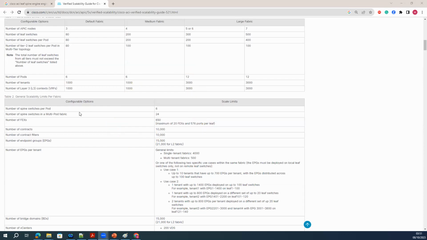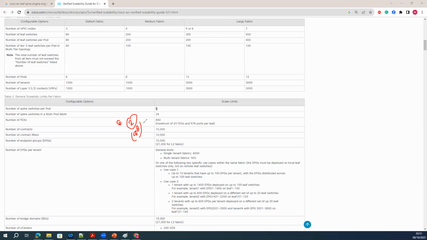But if you see the second scalability guide here, the number of spines per pod total is going to be 6. But out of 6 spines, 90% of customers deploy 2 spines max. I would say 98% of customers deploy that, right?